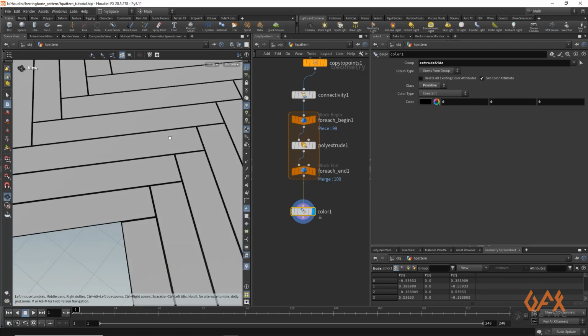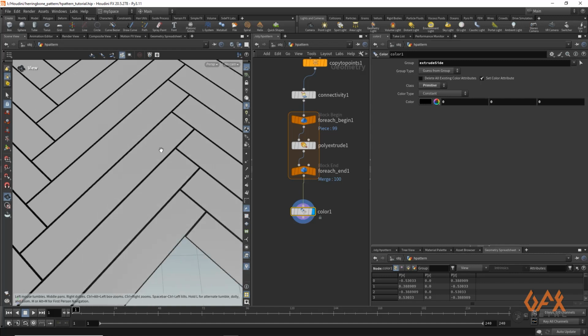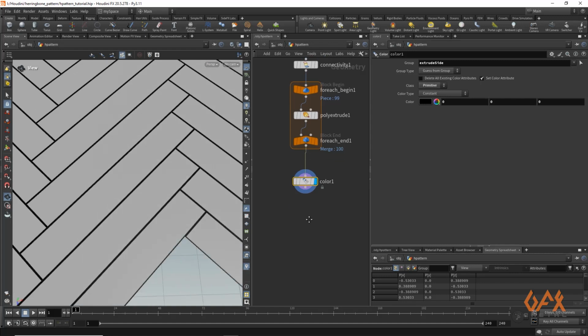So we will get this bordered. Now as I am going to create the shader in MaterialX, for that reason we have to move into the Solaris workspace of Houdini.